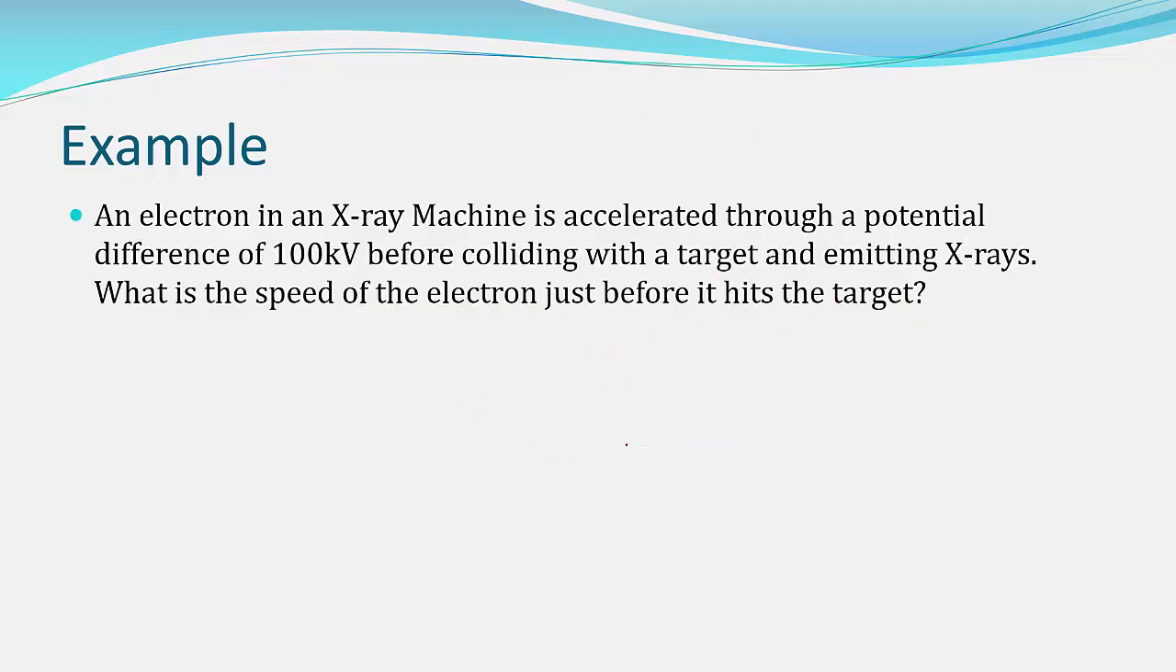Okay, so this is something that's more year 12-ish. We have an X-ray machine, and it works by accelerating an electron through a potential difference of 100 kilovolts before colliding with a target and then emitting X-rays. And we'll look at the collisions and emission of X-rays at another time. So the first part of this question is probably that you need to understand what is going on. So it's accelerating an electron, so you're probably looking at a negatively charged plate, and then you have a positively charged plate,